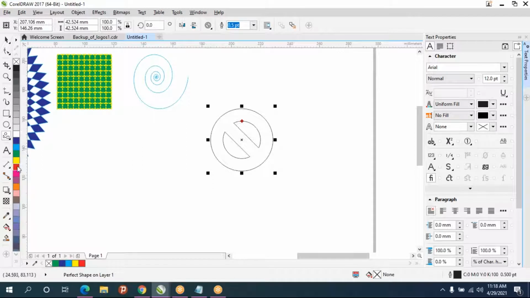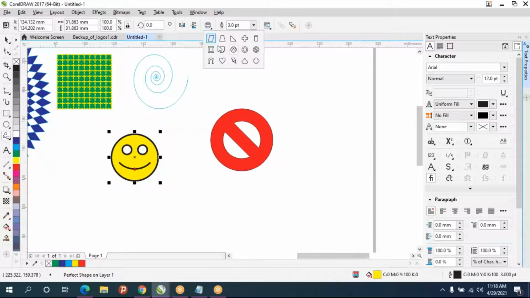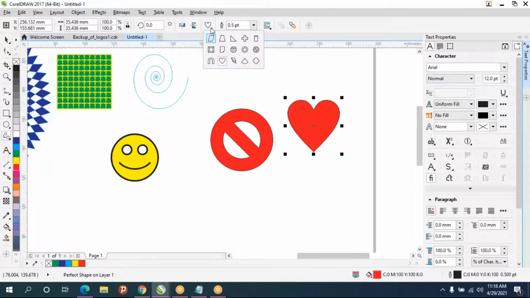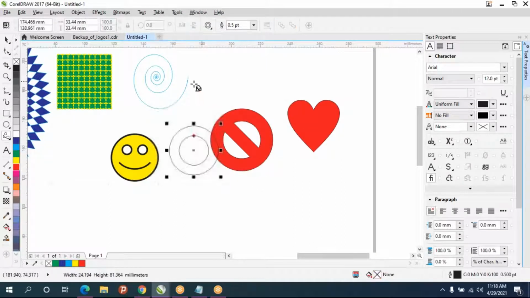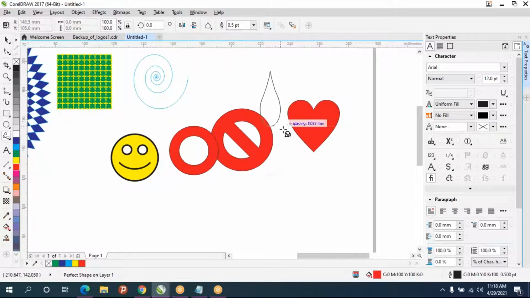For example, this kind of symbol, some cartoon emoji face, and we can increase the stroke size, some heart shape, Taurus, some water drop.